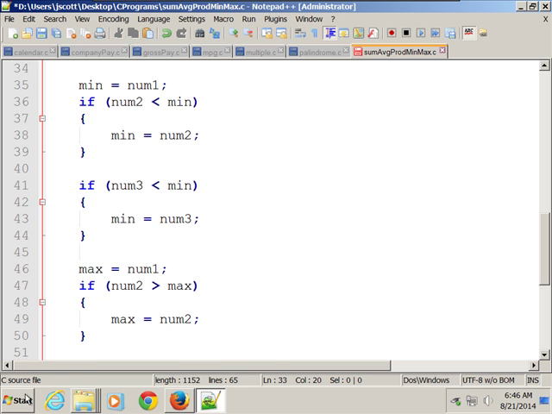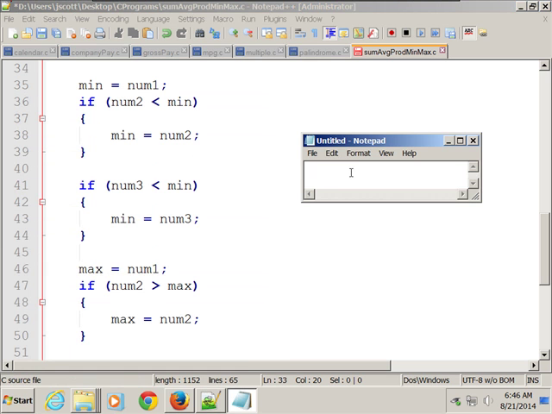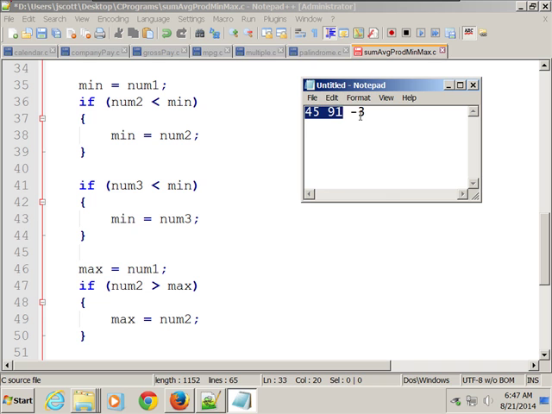All right, so how are we finding the smallest number? Well, again, assume for a second that we've got these 3 numbers, and these numbers are 45, 91, and -3. You and I can look at it and know the smallest one's -3, but what are we doing here? We're assuming the first one is the smallest. Then we're comparing the first and the second. So we're comparing 45 and 91. If it's less, it's not, but we swap them basically. All right? And then we compare the last one.